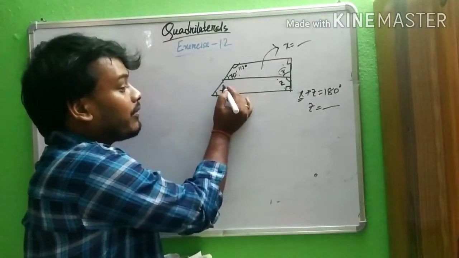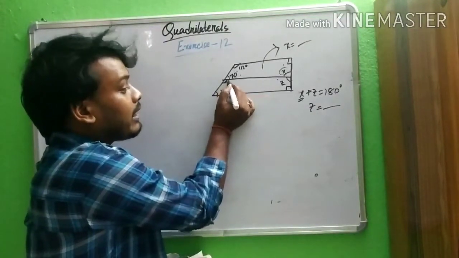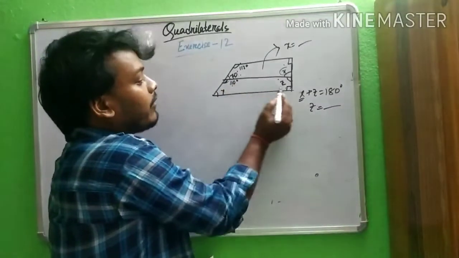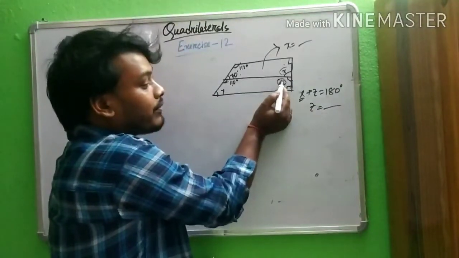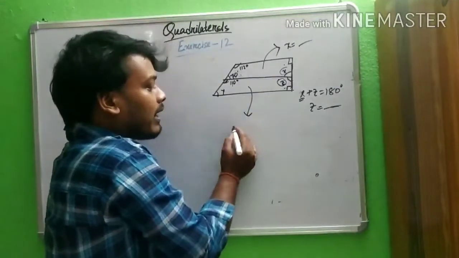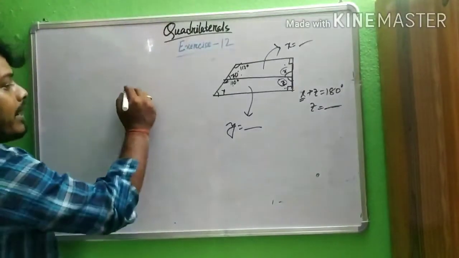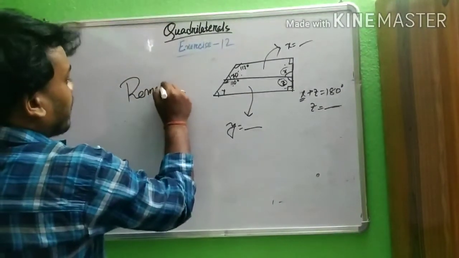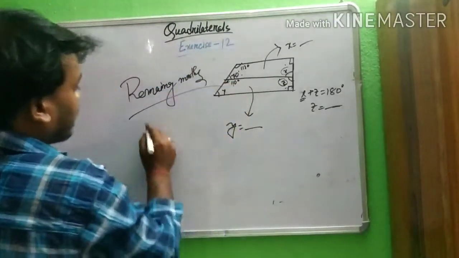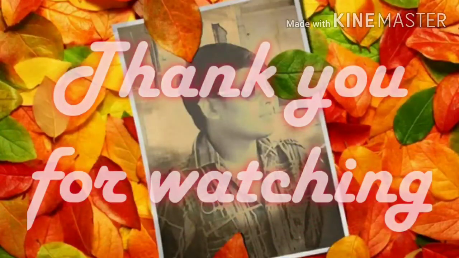Now this value and this value are not given. Here also we can find the value of this angle, because the total sum is 180, so it is 110 degrees. So now 110 is given, 90 is given and the value of Z. From here also, using the sum of 4 angles, we get the value of Y. Okay, so the remaining maths is homework. Okay, and one thing,